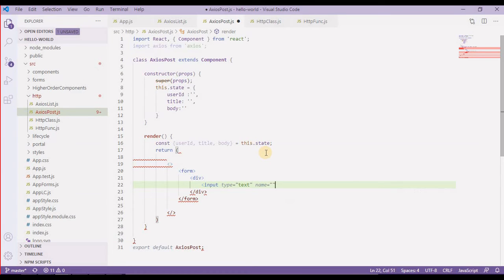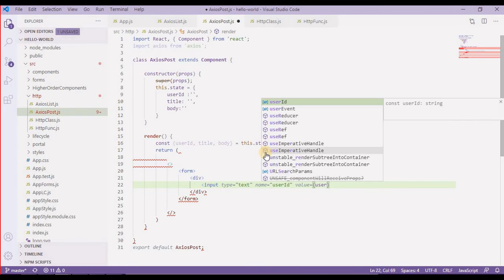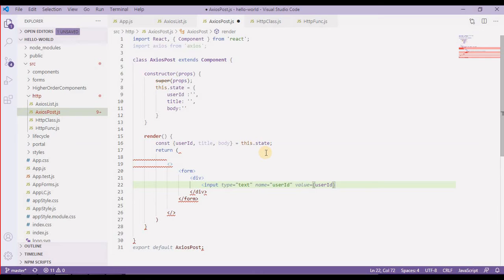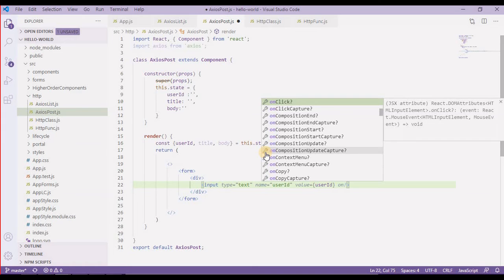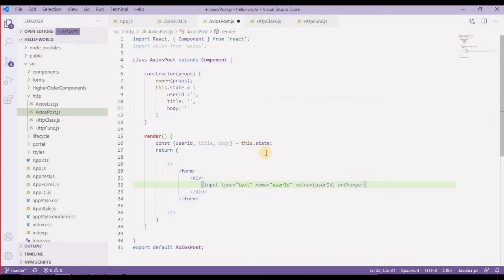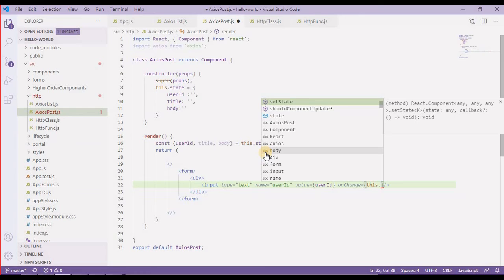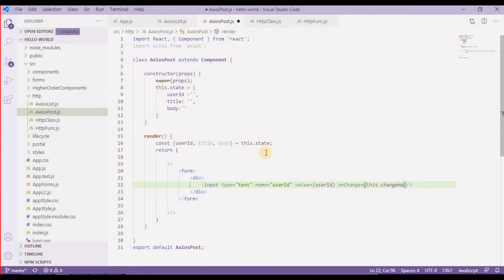It should have a name like userId, and then the value is basically the userId from state. Then I should have an onChange method, because without onChange this value will not get set to our state. So onChange, and then we call a function which is this.changeHandler, and we should define this function over here.